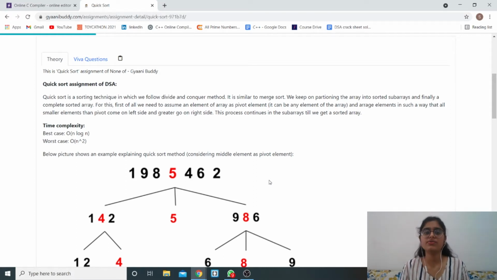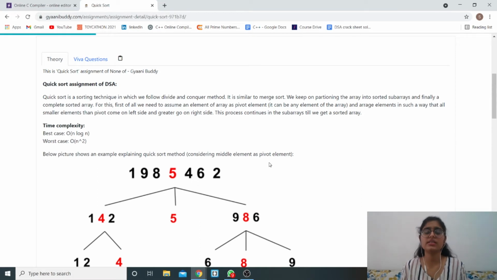How we go about this is, first of all, we need to consider an element of the array as the pivot element. This element can be the first element, last element, middle element or any random element depending upon your choice. Since in this assignment the question says we have to consider the middle element, I have considered the middle element as the pivot element.